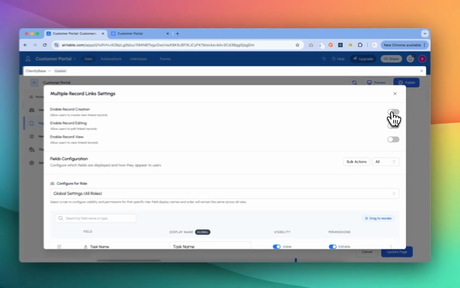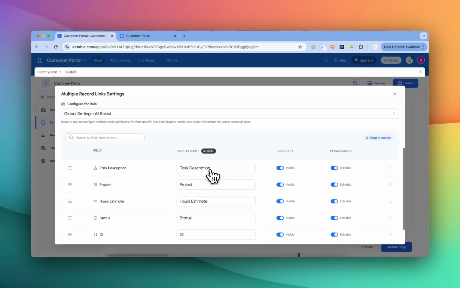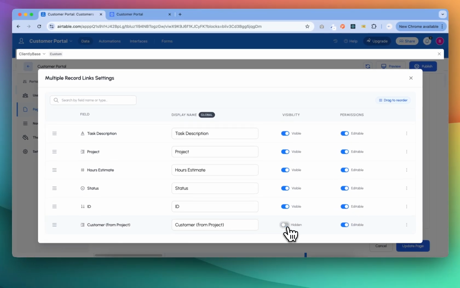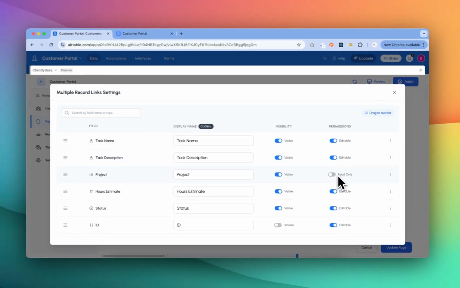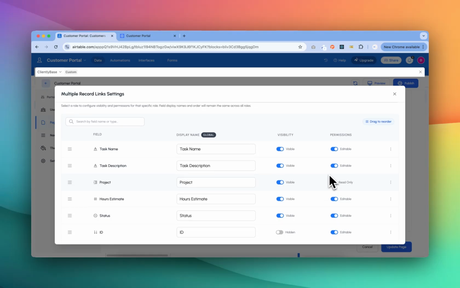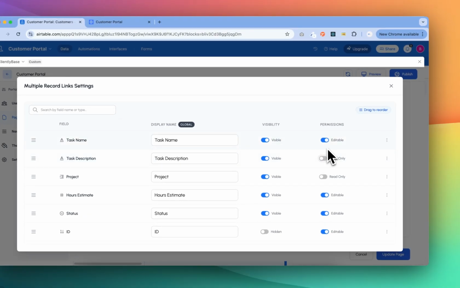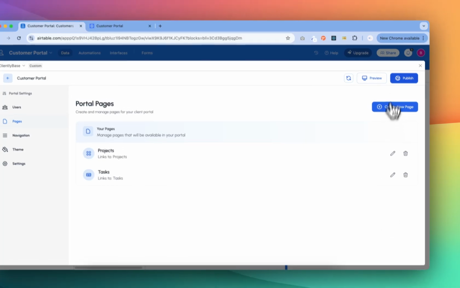So what we can do, I'll enable all of these, and I'll hide some of the fields which I don't want to show, like IDs, and yeah, I don't want them to edit this, so I'll make it read only, and I think all is done. Okay, so you can close this and click on update page and click on publish, and after I refresh this page,